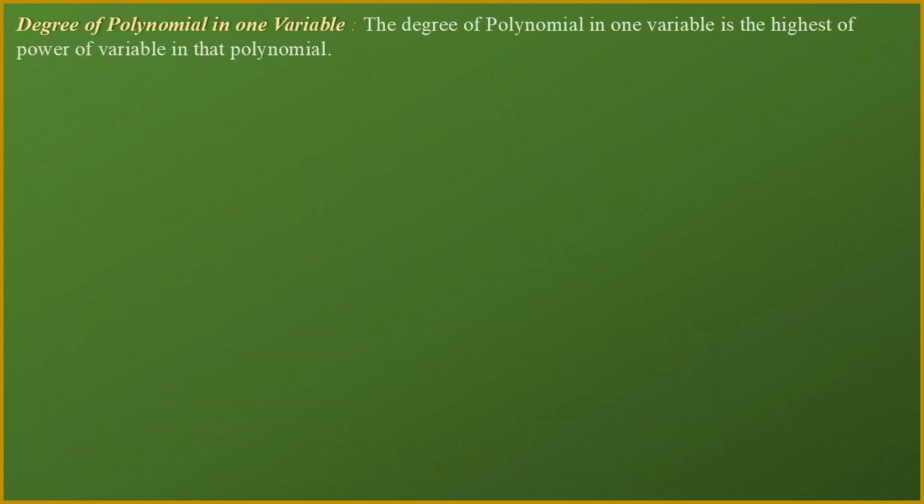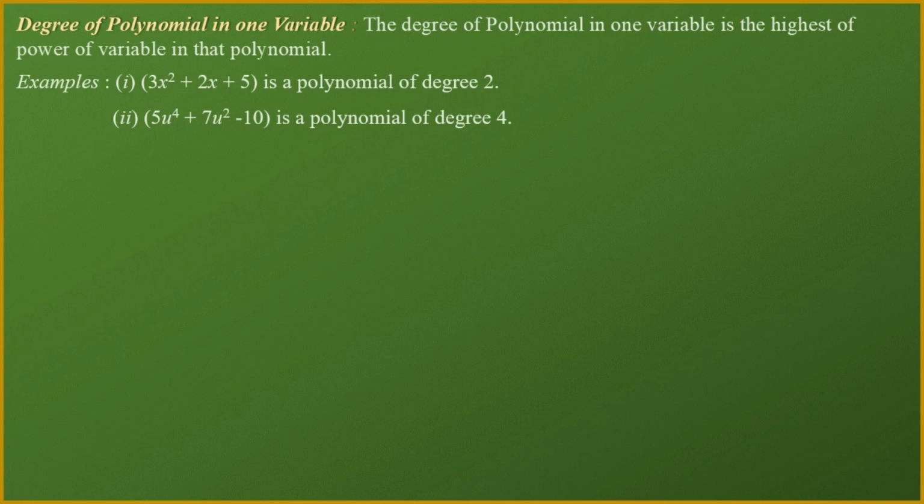Now let us see the next one. We have given the degree of a polynomial in one variable. Degree means, in any polynomial, the highest power of any variable that we observe is called the degree. You see all the variables' powers, and whichever is the highest power is called the degree of any polynomial. For example, suppose I take the first example, as you can see, 3x square plus 2x plus